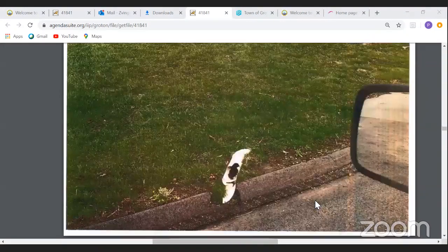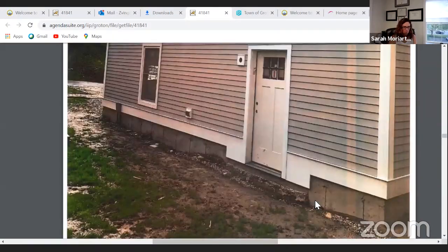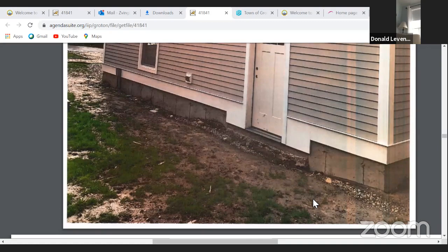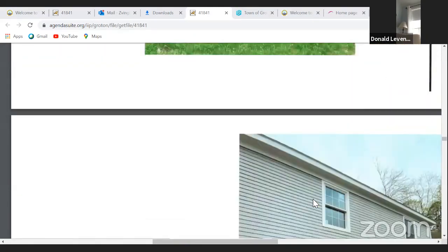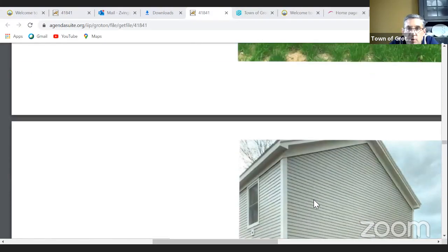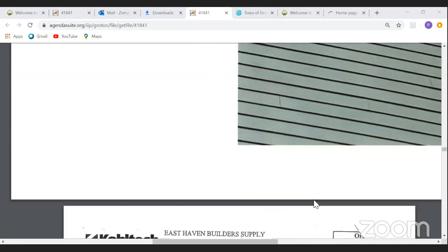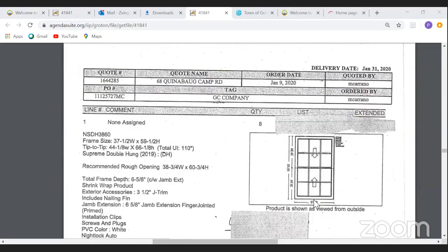I have that. So I just haven't gotten to that yet. We're just going through the pictures. So we were going from the views of where you're seeing this from the public access ways all the way through first. And I also included a picture of the house right there that we just passed, along with